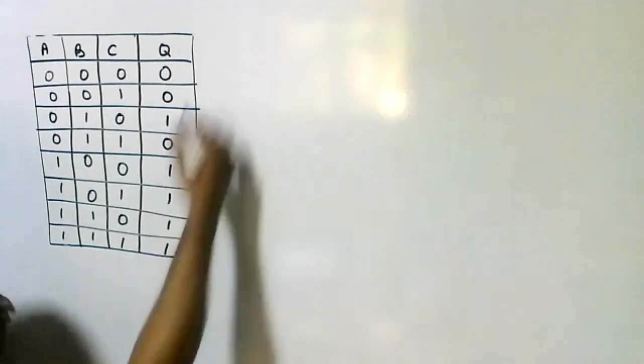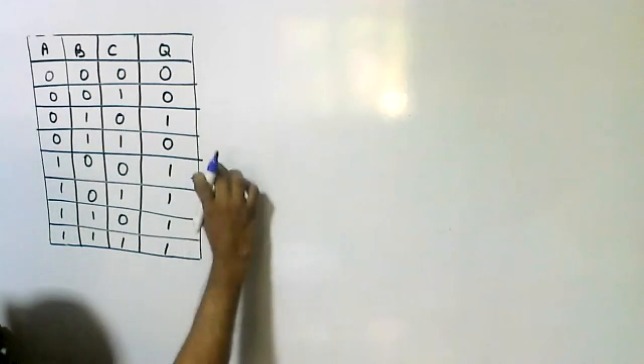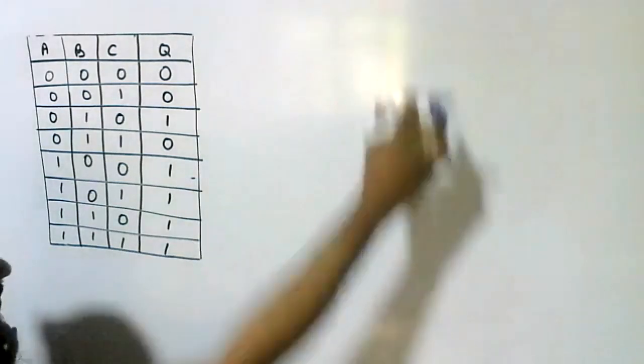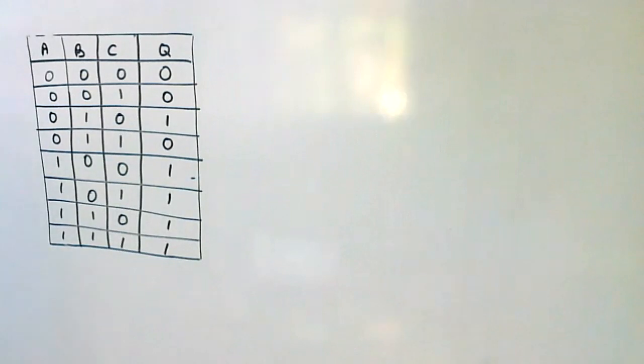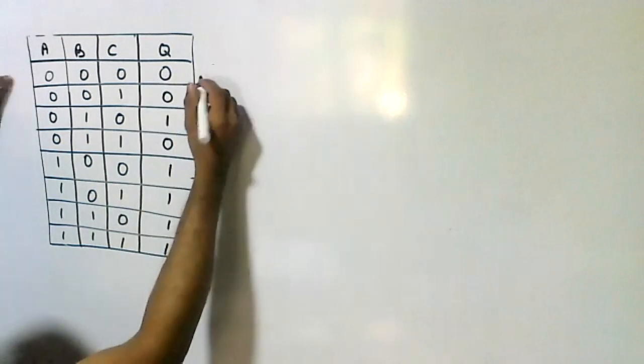Right. This is the truth table given to you. By using these ones, we got minterms. Then by using those minterms, we got the standard SOP expression. Then we simplified it. Now we are going to see the POS expression. So here we are going to take the maxterms, and then we can have the POS expression, and we'll simplify it after that.